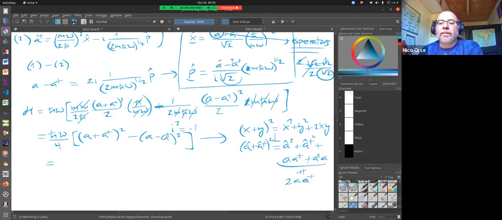Is that clear? So when you have operators, it's not the same; there's no commutative rule here. A a dagger is different from a dagger a, right? For that, to see,